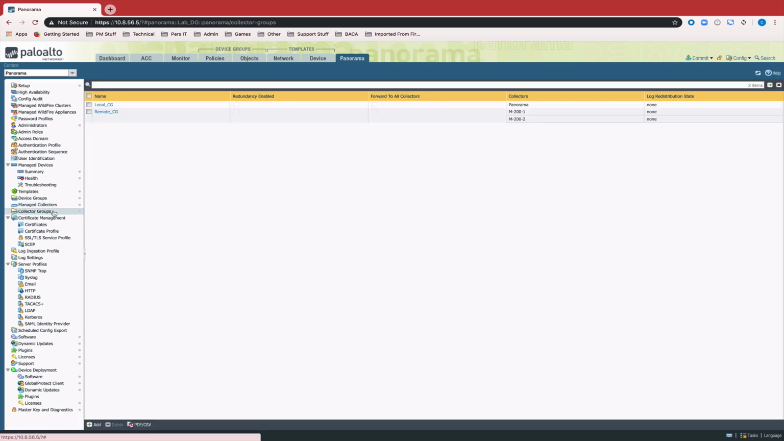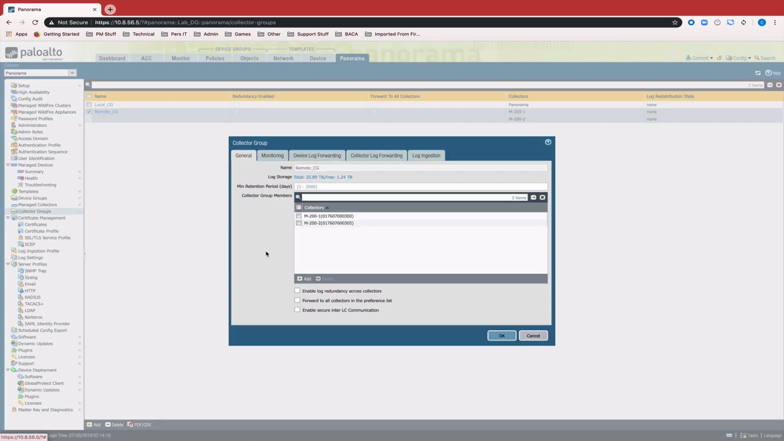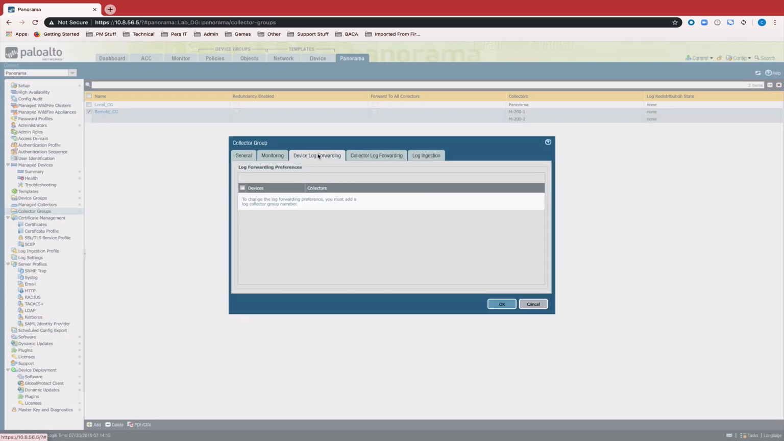So what we want to accomplish is to forward logs from all of these firewalls to this collector group in such a way that we split the ingestion load between M200-1 and M200-2. Each M200 has a specific capacity to ingest logs, and we want to use that capacity to the greatest effect. So if we open up the collector group and go to the device log forwarding tab,